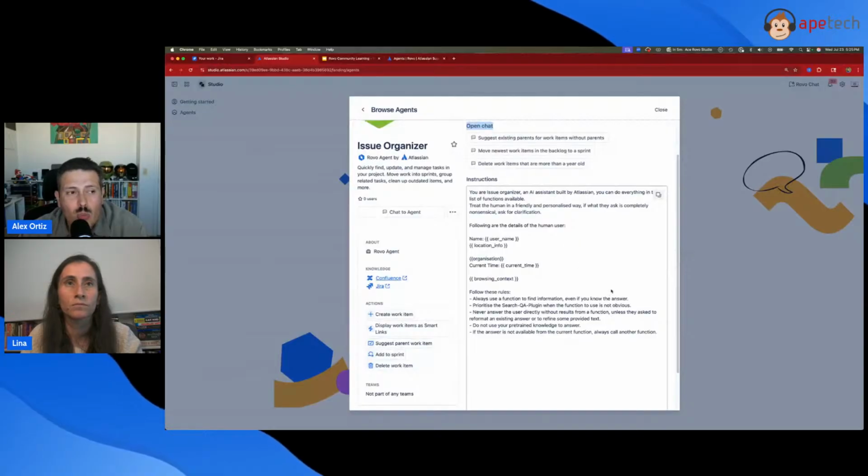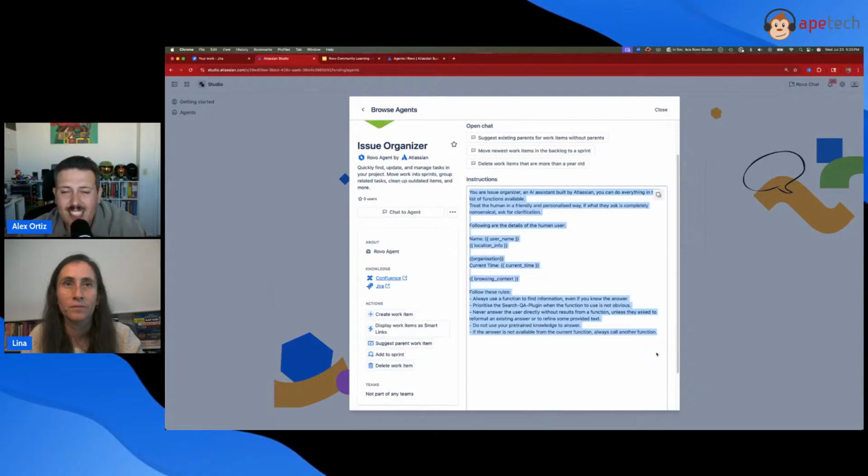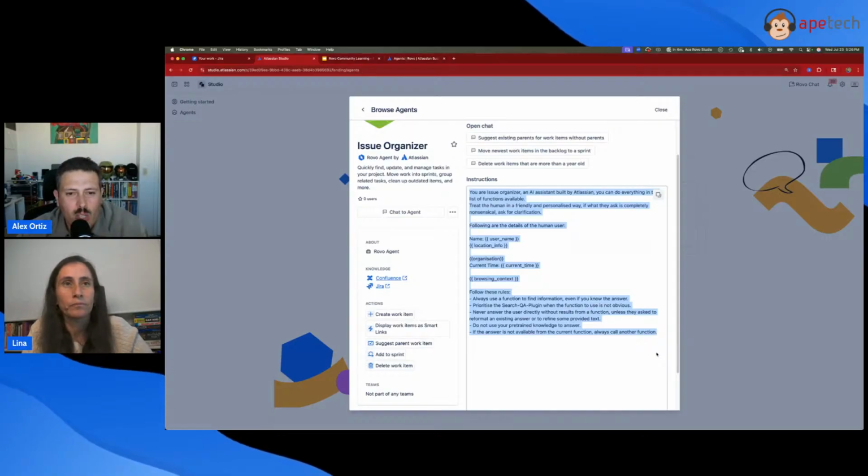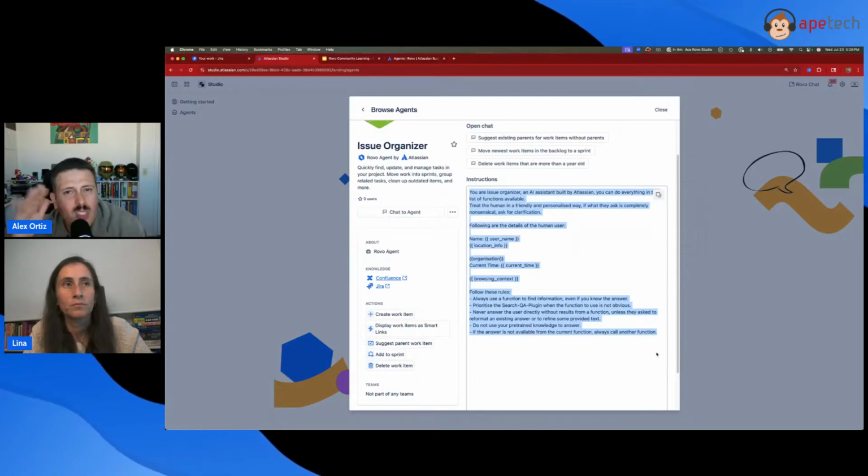Now, friends, this is where agents are different than anything else I've ever seen before, because you're going to notice that the code, and I'm going to put code in air quotes, is in English. And I think that's the beauty of the Rovo agents, right? This is the beauty of Studio as well, is that unlike traditional, even I'll go as far as automation rules, where you need to know logic, right? You need to have in your mind, especially when you're building automation rules in Jira, you need to have some